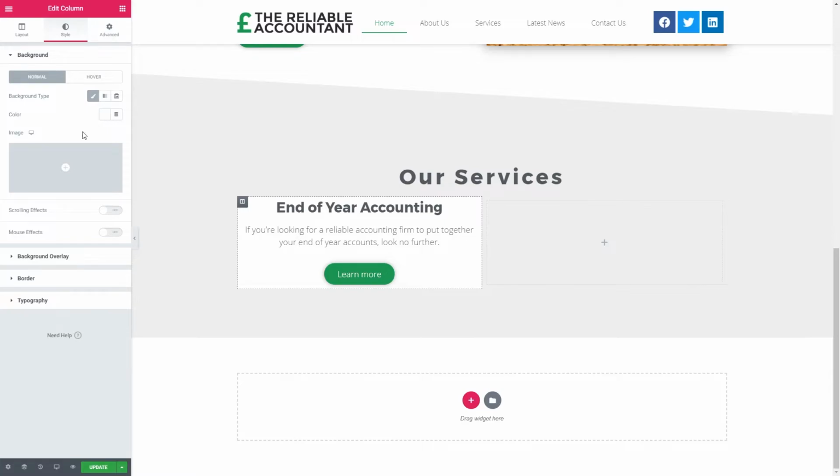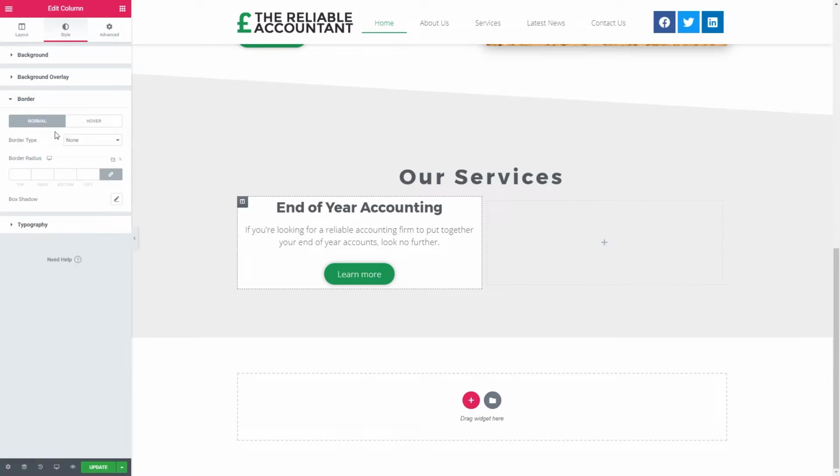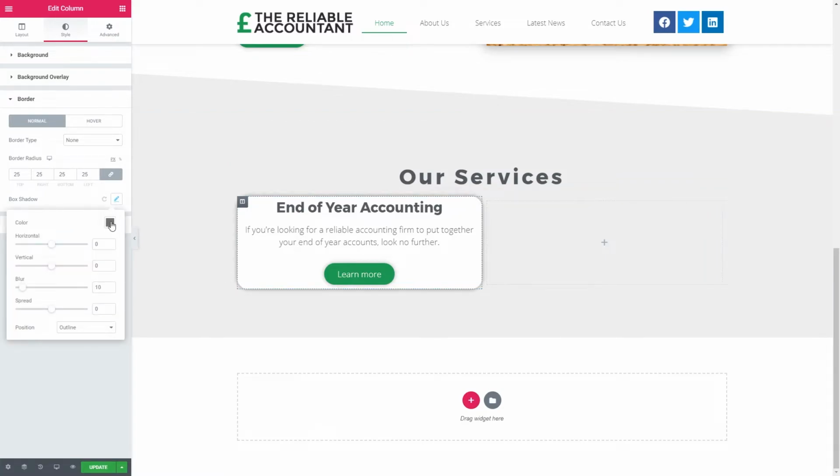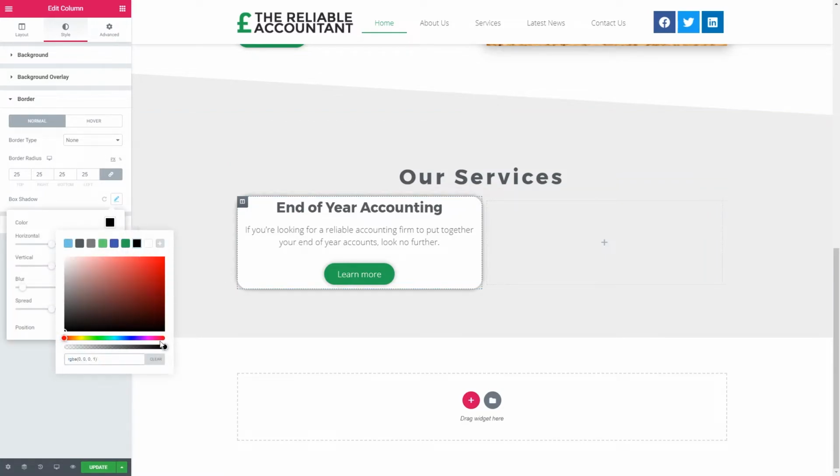So now I'm going to go down to border. I don't want an actual border to show, but I do want to change the border radius to, I'm going to put 25 pixels, and you can see that that has now rounded the corners of our column. I'm then going to add a box shadow. I'm going to change the color to this black. I'm going to reduce the transparency to about 0.3,